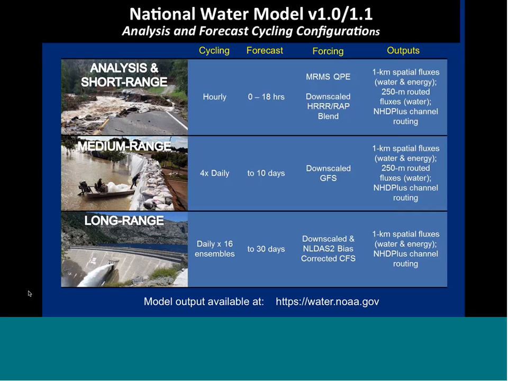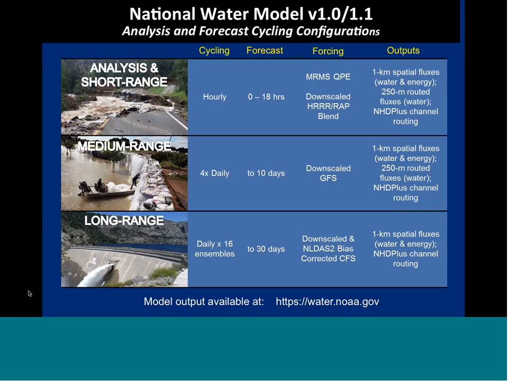The medium range forecast, currently running once per day, but will go to 4 times per day, goes out 10 days and uses downscaled GFS Global Forecast System information. Again, this is done on the 1 kilometer land surface model and 250 meter grid, and then full routing over the NHD Plus network. And finally, there's a long-range forecast that is a placeholder for improvements in water resources management